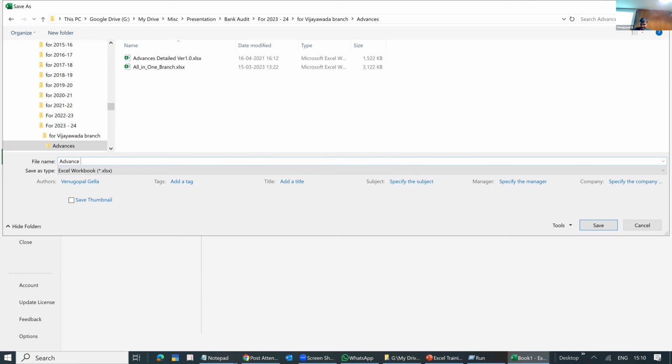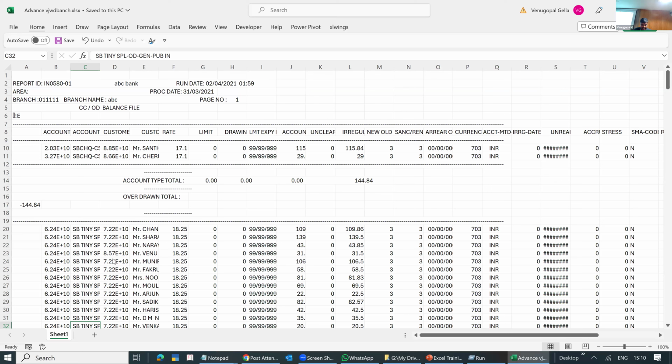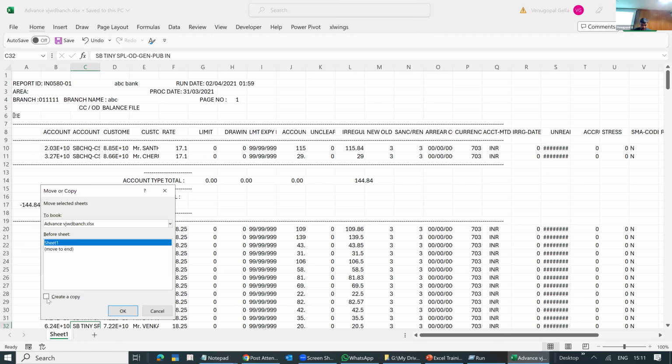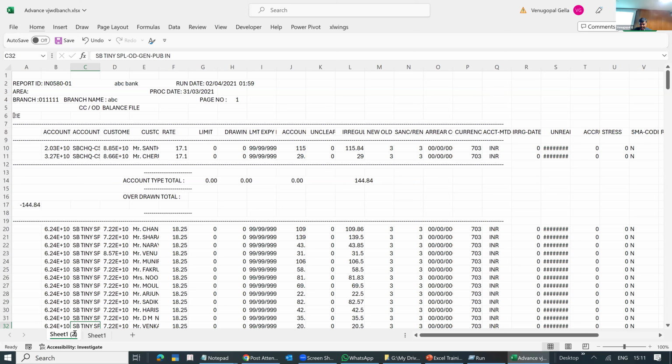So I'll say advances, the so-and-so branch name, whatever. And I'm creating a copy of it. Now I will change the sheet name to raw data. And the original file is the sheet which I'm working on. I will say my advances March 24.